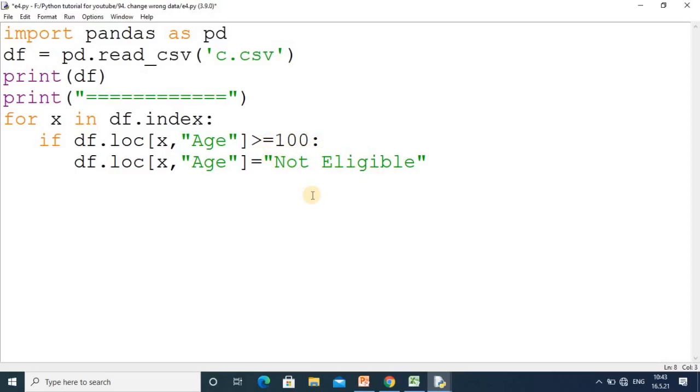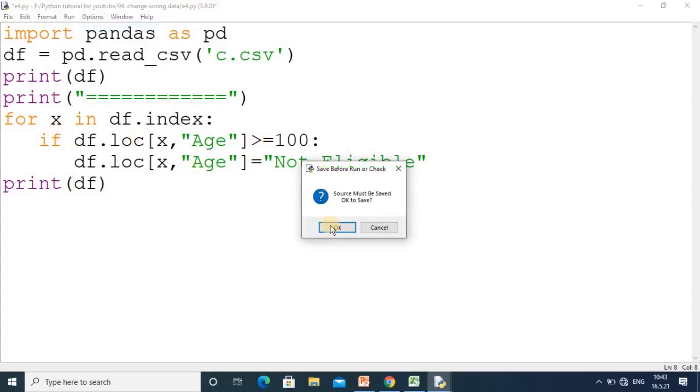If this condition is satisfied, then in that particular record we will get the not eligible message. Once this scanning is over, we go out of the loop and show that record. I am taking that statement out of this loop, and then we will check the output.